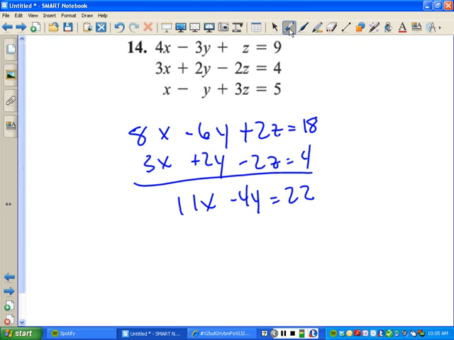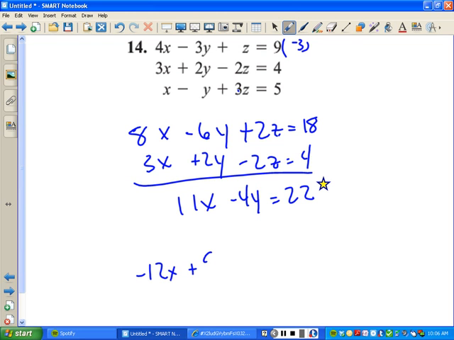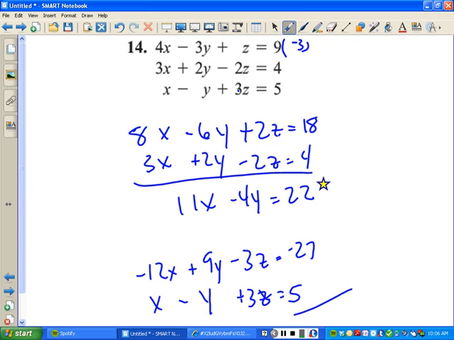Multiply this equation by -3, and you'll now get rid of this z. Okay? So, let's label this, let's put a star next to this, and we'll come back to it. -12x plus 9y minus 3z equals -27. x minus y plus 3z equals 5. Adding straight down, you get